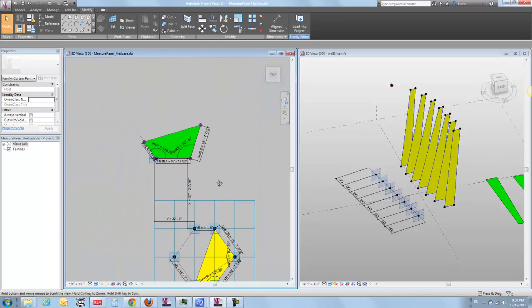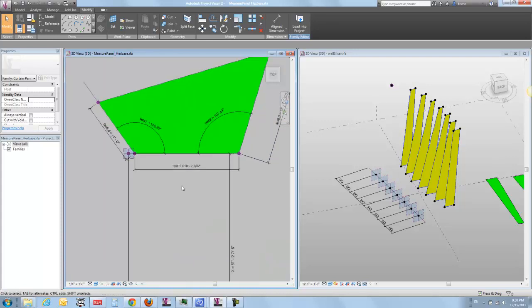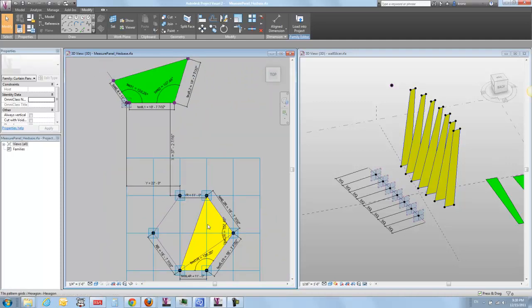Over here I'm representing those same relationships. I have a parameter here that is driving the distance between this point and this point, and that distance is the same as